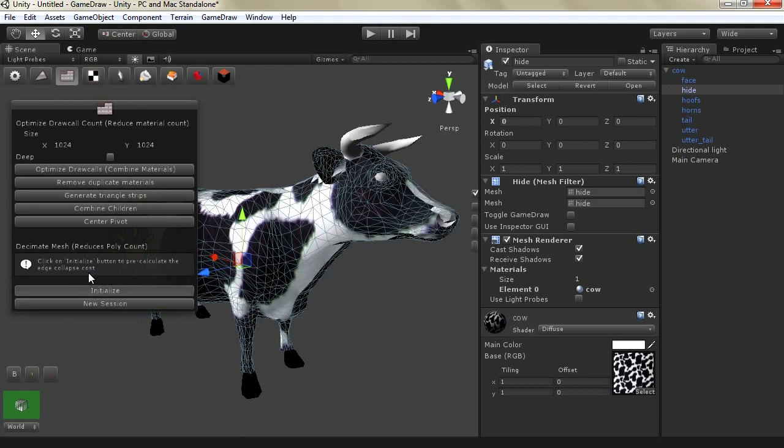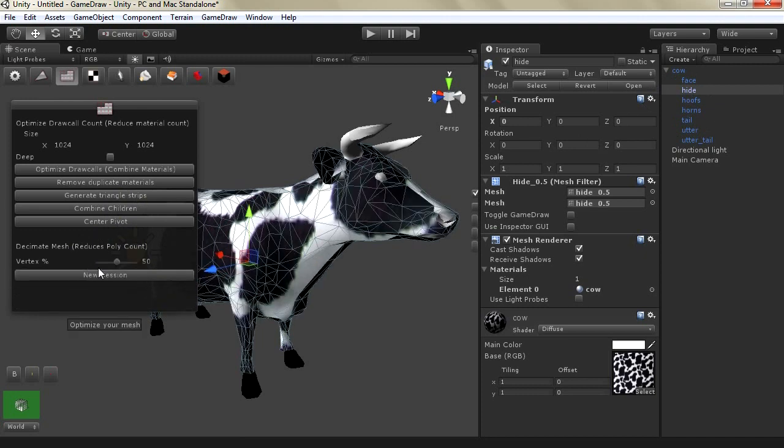Once you click on initialize, it will collect data from your model, and then it will reduce it by default to 50%, but you can control that reduction. So if you want more polys, you just scroll up, and if you want fewer polys, you just scroll down. It can only preserve one material, so if you have a game object that you want to minimize and it has multiple materials, it is always recommended to combine all the materials together first. So now we have reduced the poly count of our cow,